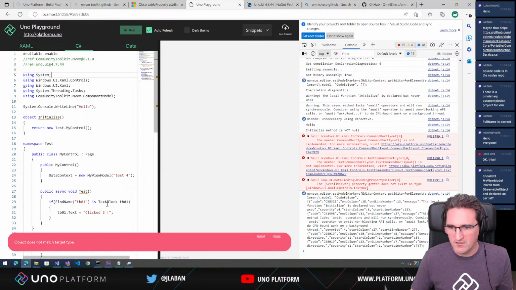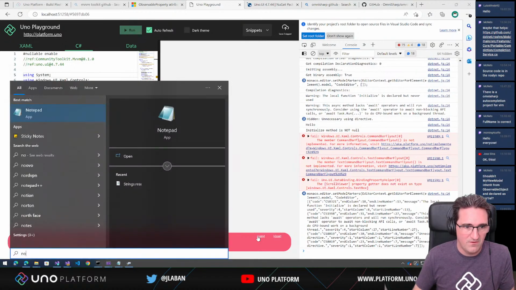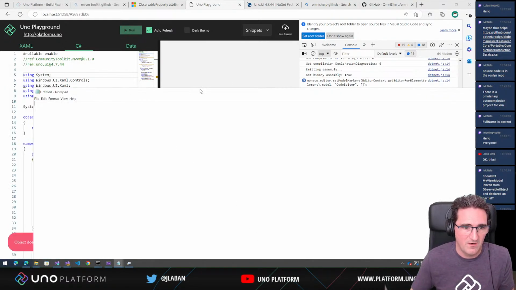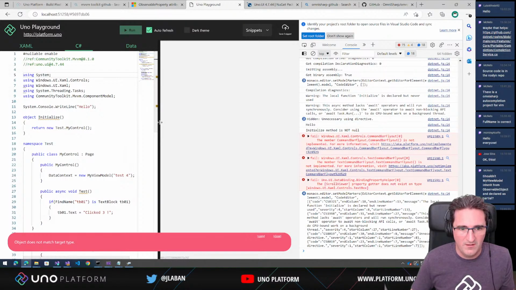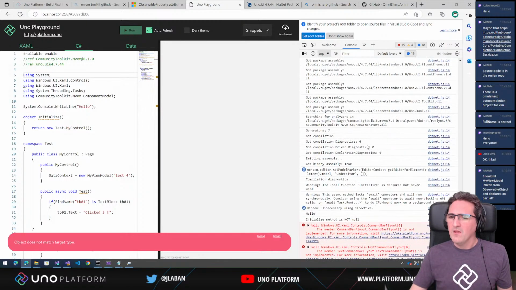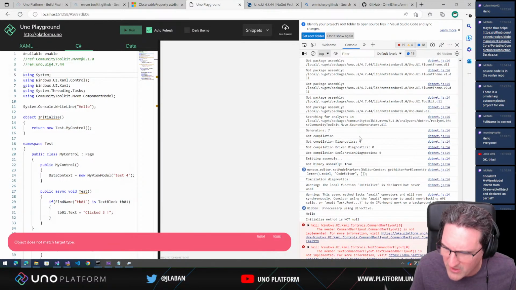Okay, so it doesn't match the type. Okay, so that may be a very good reason because the Uno that comes from the NuGet package is not the same as the one that comes from the playground itself. So we're probably going to have to do this. Okay, so that's interesting. So we're probably going to be continuing this next week,